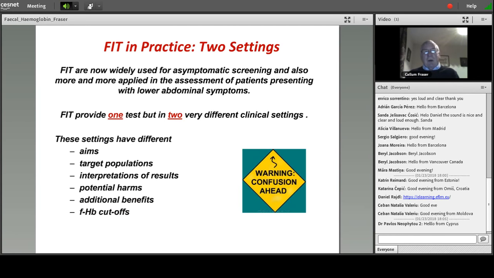So first of all, thinking about these two settings for FIT: asymptomatic people without symptoms, participants in screening programs, and also in assessment of patients. So FIT provides one test, but in these two very different clinical settings, which have different aims, different target populations, different interpretations of results, different harms and benefits, and very importantly, different fecal hemoglobin cutoffs, which can cause